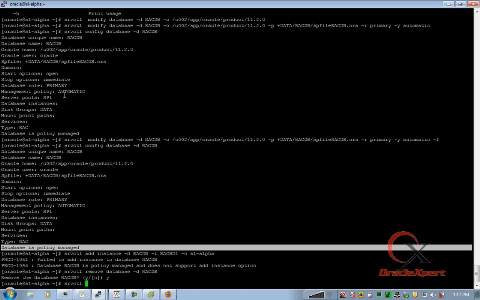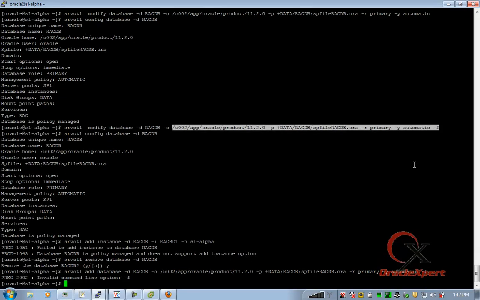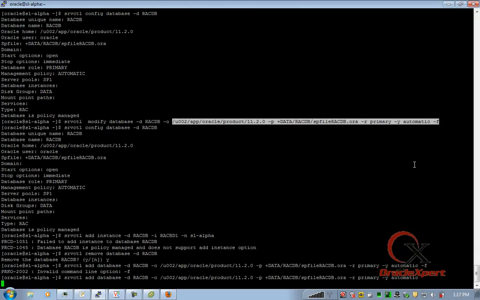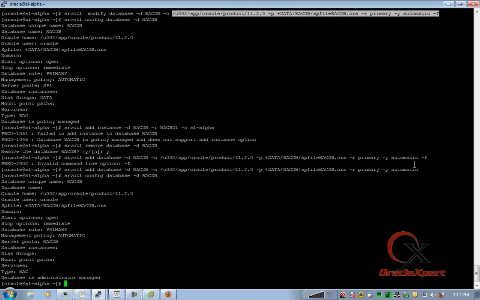Now I will say srvctl add database -d racdb -o oracle home. So I can always remove and add it, but there is no way on the fly I can modify it.